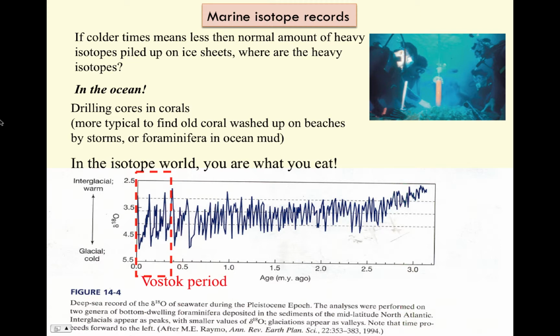One thing I'll point out in this record is here's those oscillations between glacial and interglacial during the Pleistocene, which goes all the way through the Pleistocene here. So for the last 700,000 years, the periodicity has been about 100,000 years. Before that, it was still in tune with the Milankovitch cycles, but more in tune with the tilt, or the obliquity. So now you have a good idea of how we infer temperature, both in the ice cores and in marine sediments. We're looking at isotopic concentrations over time as a result of precipitation history, which is a strong function of the pole to equator temperature gradient. Because of course, the colder the pole is, the more it forces saturation and precipitation en route.